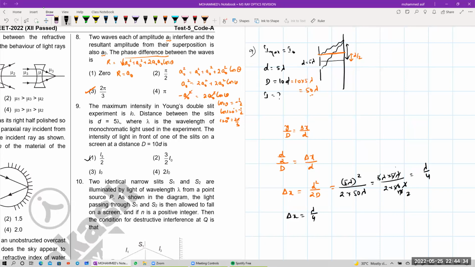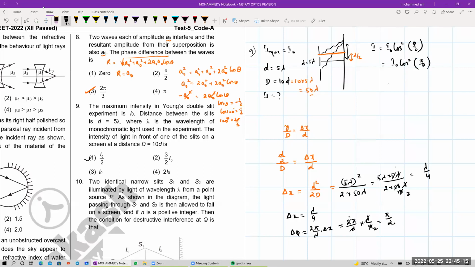पाथ डिफरेंस का फॉर्मूला बताइए बेटा, कोई बताइए कितना आ जाएगा? डेल्टा phi is equals to 2 pi by lambda into your delta x, यानी that will be equal to your 2 pi by lambda into delta x is lambda by 4, ये वाला चले गया, 2 1s 2 2s, यानी that will be equal to pi by 2। So maximum intensity के लिए फॉर्मूला यहाँ पर लिख रहा हूँ मैं, I is equals to your I naught into your cos square pi by 2, याद है, isn't it? So that will be equal to your I naught into your cos square, pi की वैल्यू कितनी है बेटा? pi by 2, यानी pi by 4